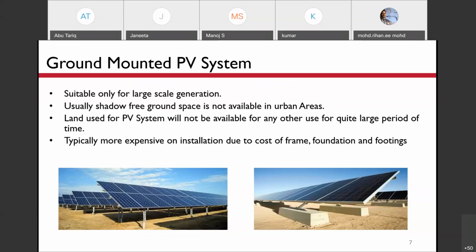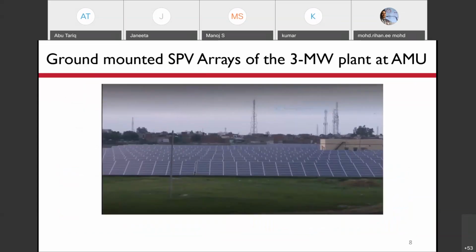So this is only suitable for large scale generation of some 20 kilowatt, 50 kilowatts, megawatt, 2 megawatt, 3 megawatt, like that. For that, we go for a ground mounted system. This is one picture you can see.